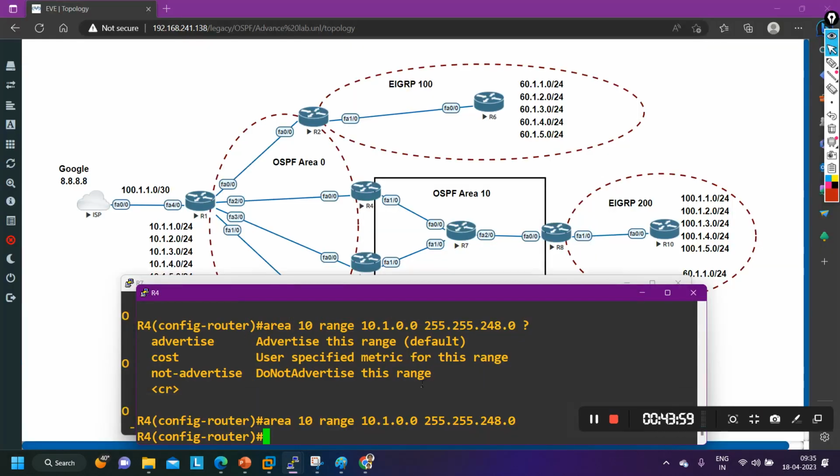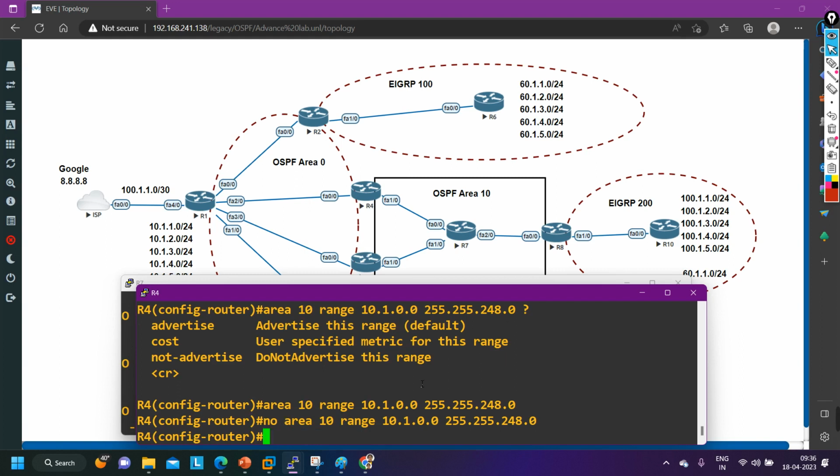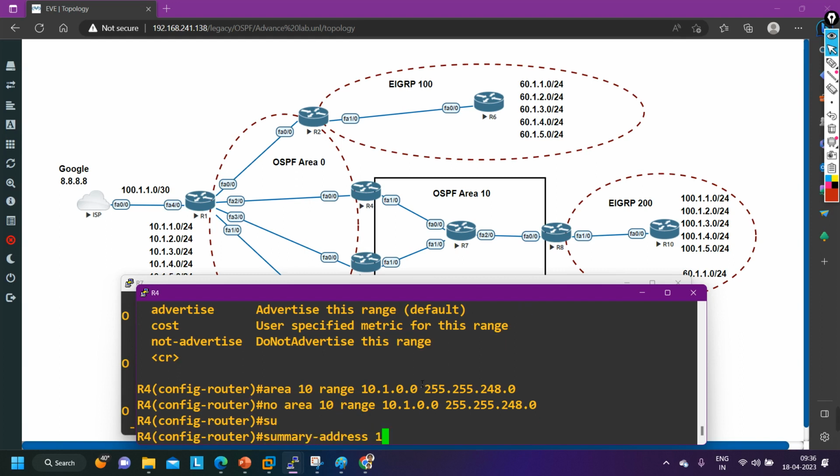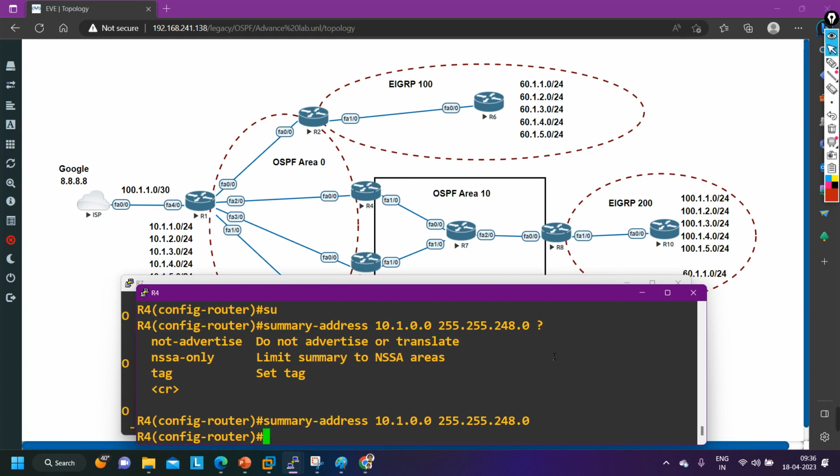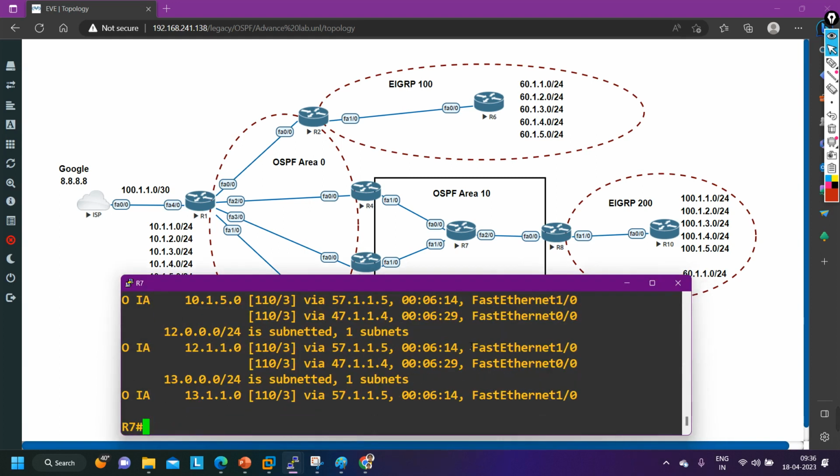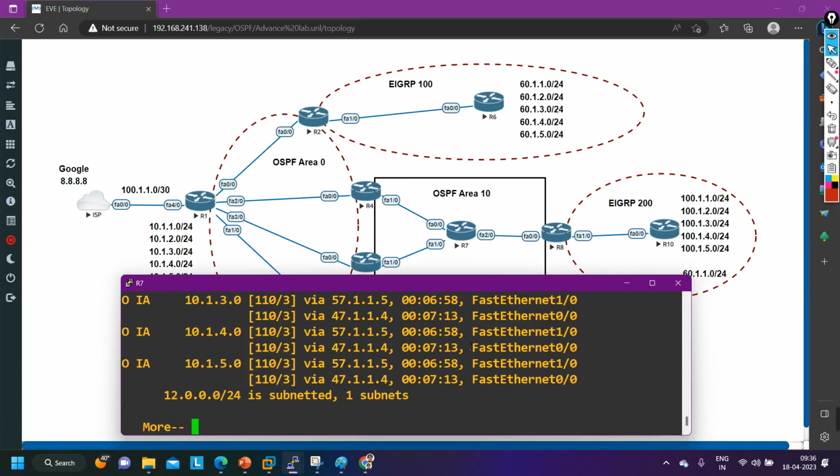Okay, so recording is fine. This command is not working, guys. Okay, so let me remove this command once and let me run summary address 10.1.0.0 255.255.248.0 and hit enter. And now on router number 7, if you check the routing table,